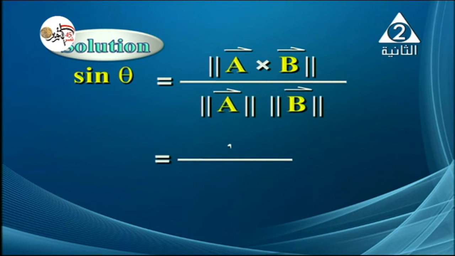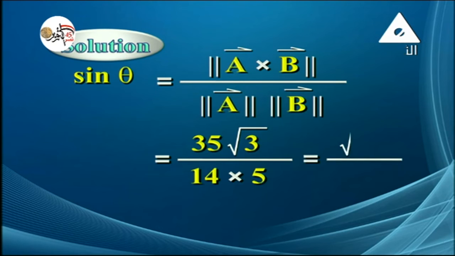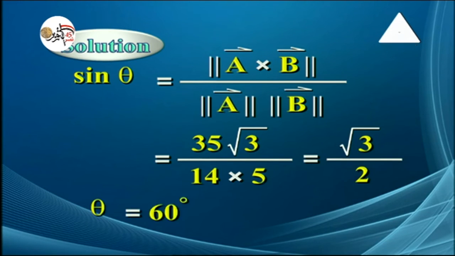By using substitution, sine theta equals 35 root 3 over 14 times 5. Answer is root 3 over 2. What is the angle, my dear student? Theta equals inverse sine of root 3 over 2, which equals 60 degrees